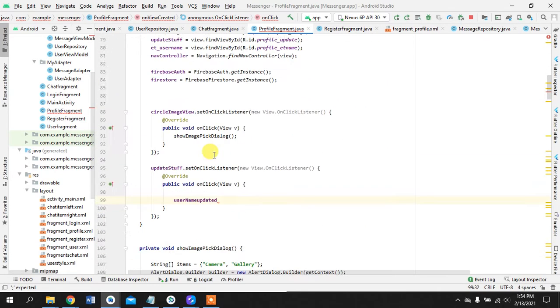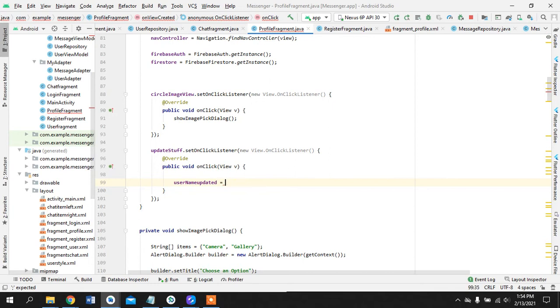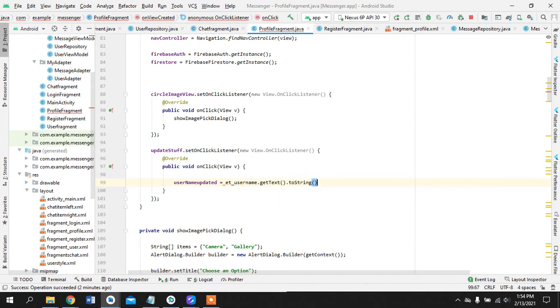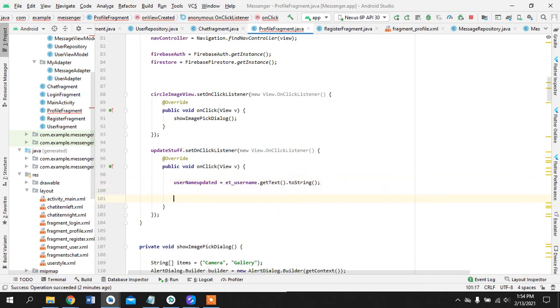This is the string that we have taken, and whatever the text that is available in this text, added text, should be added to this. And we can say update username. Username updated is added to this,